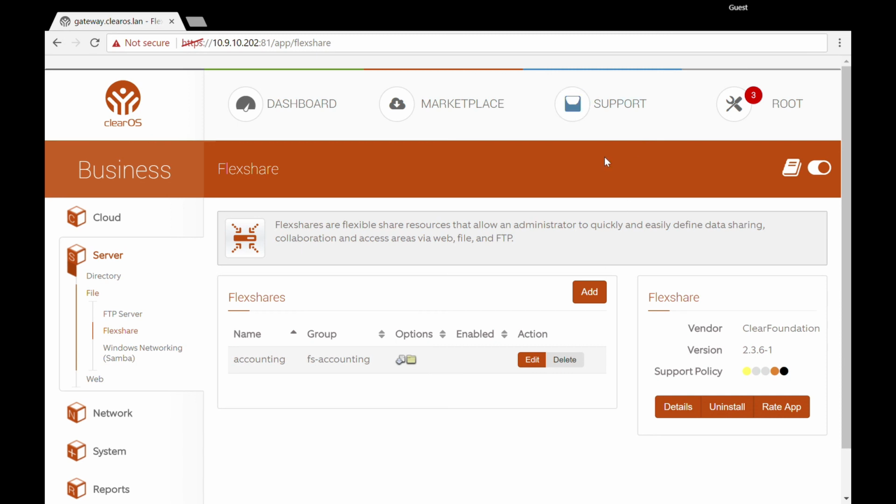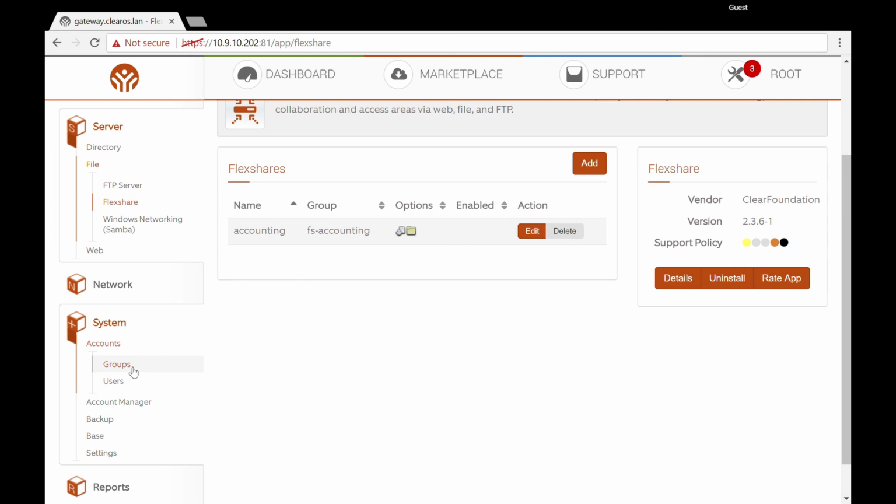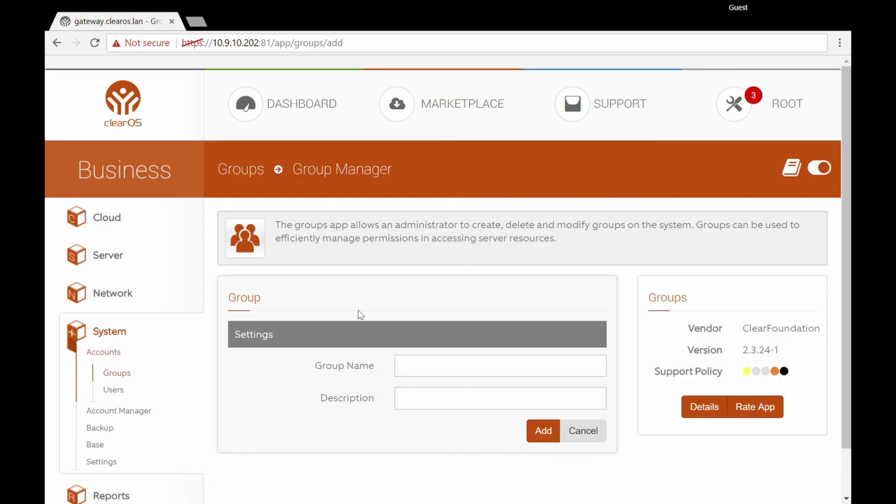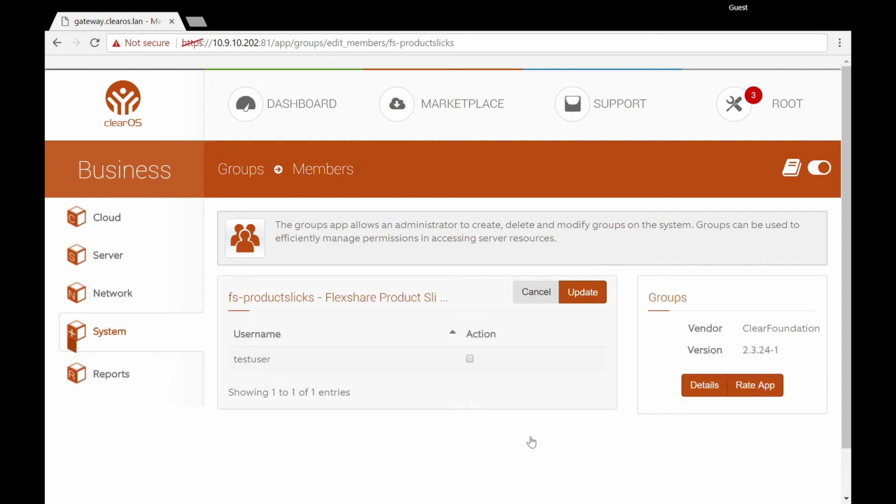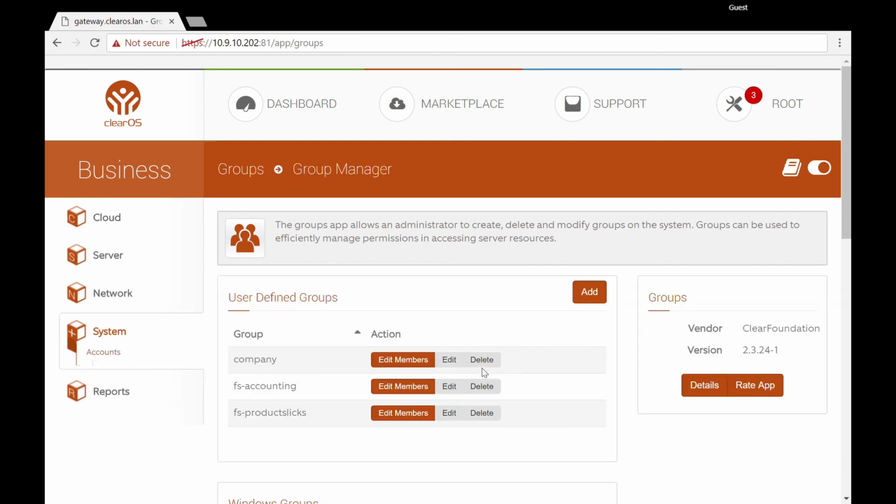I'm going to create a new group, of course. Before I do that, System, Accounts, Groups, and this group is going to be called FS-productslicks. Okay, and I'm going to call this the FlexShare product slicks folder. All right, so say for instance, as part of my business, I create PDF documents that I